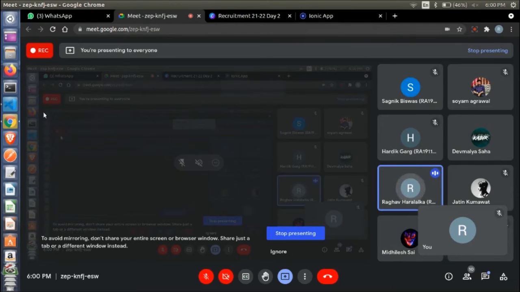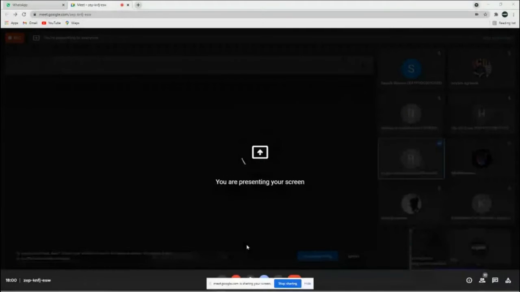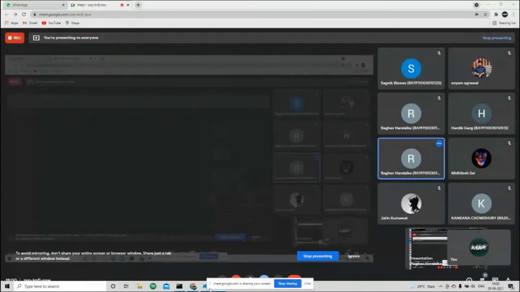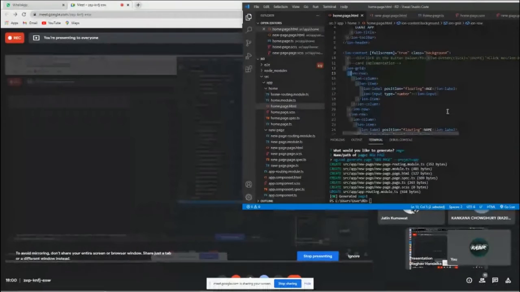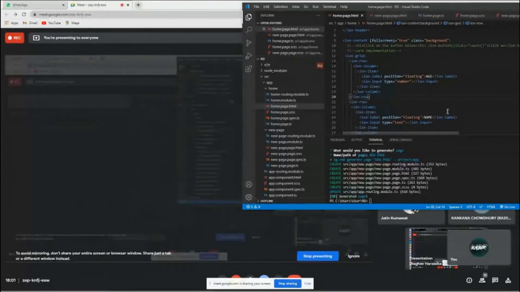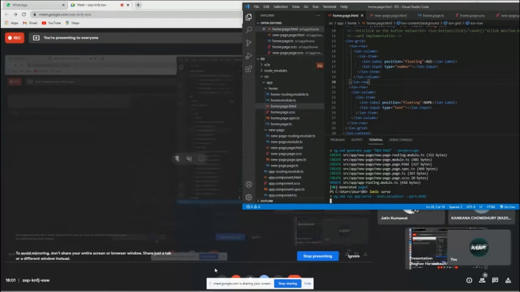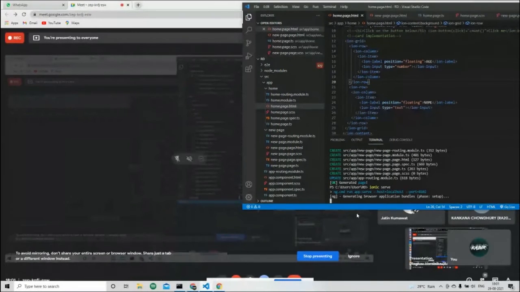What is the exact error? You cannot see any changes on your browser application, right? No, actually. You can see it right here. You haven't served your application. Yes, you give the command ionic serve. Now it is okay, right? Yes. Now after this, let the command finish running. Then you will be able to see the changes.